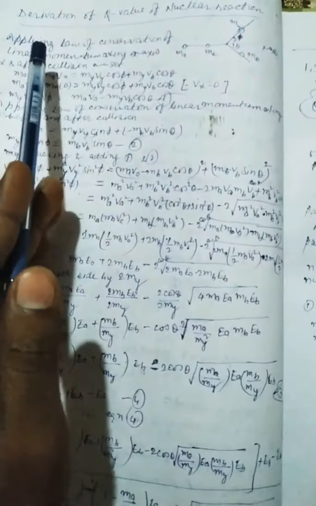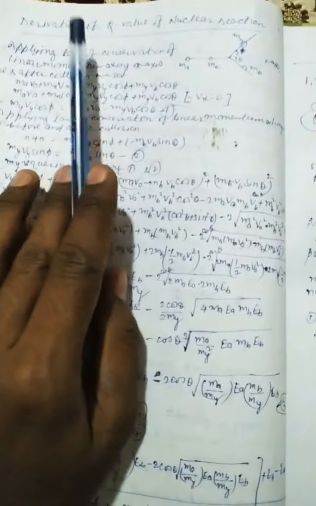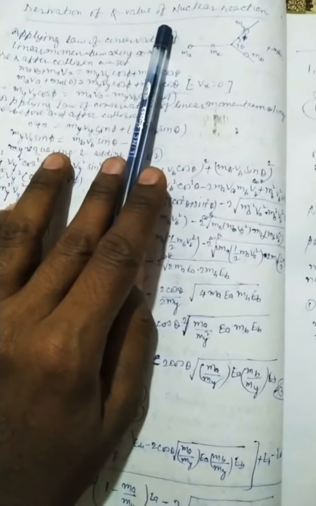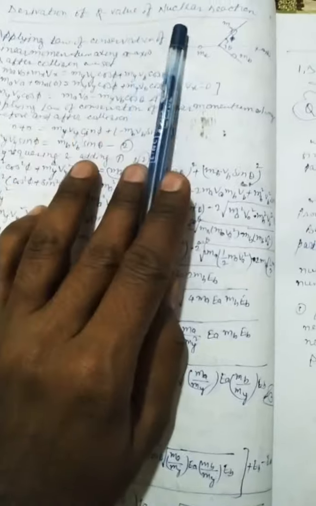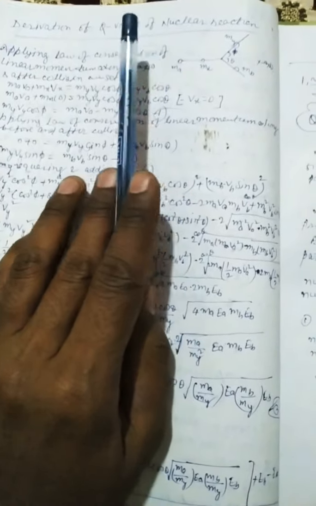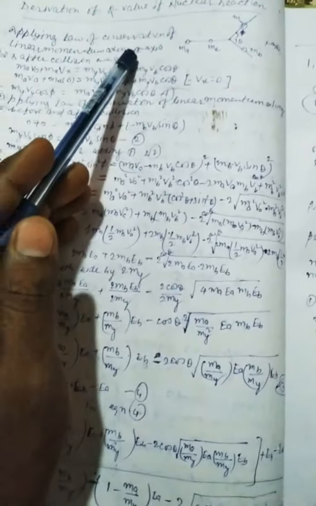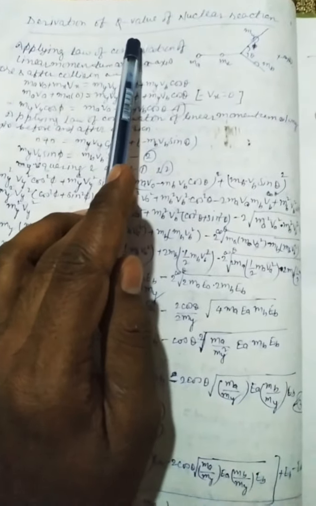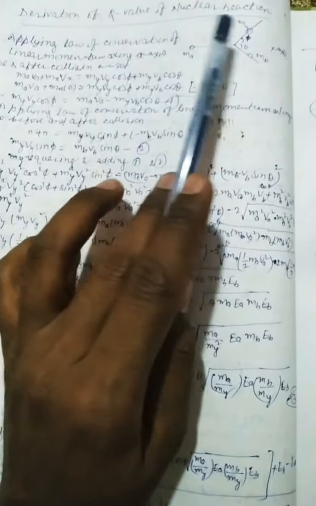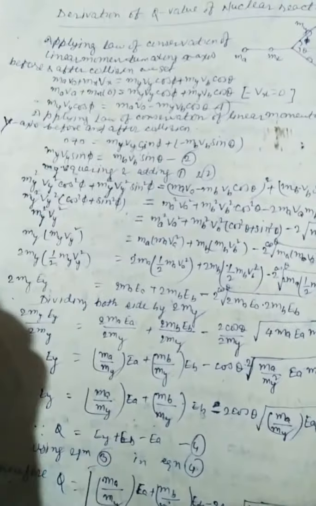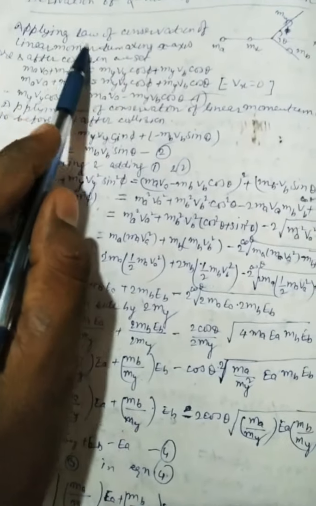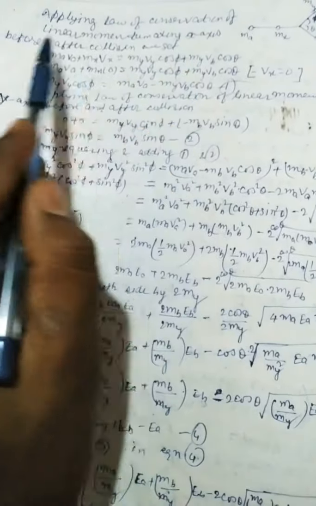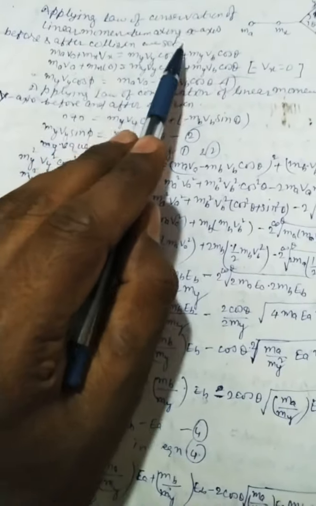So in the previous class we learned about the Q values and the types of Q values, exoergic and endoergic reactions. But now we will derive the equation for the Q value of a nuclear reaction. Applying the law of conservation of linear momentum along the x-axis before and after collision, we get: